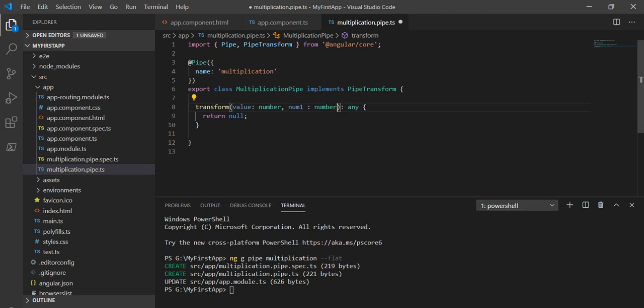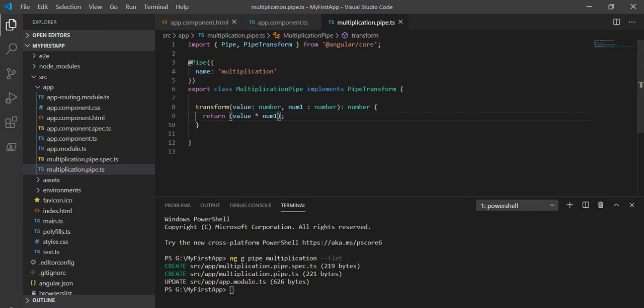As we know, the multiplication of two numbers is a number, so we return the number type, and here we write the logic. We return the multiplication of this value and num1. That is all about the implementation of the pipe.